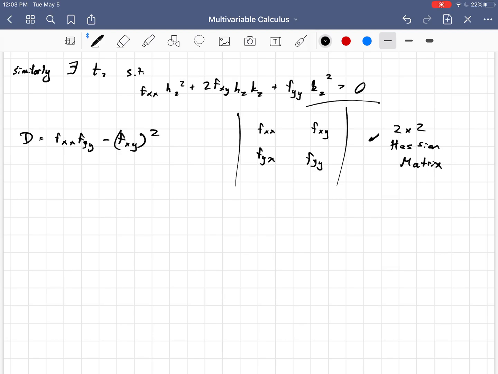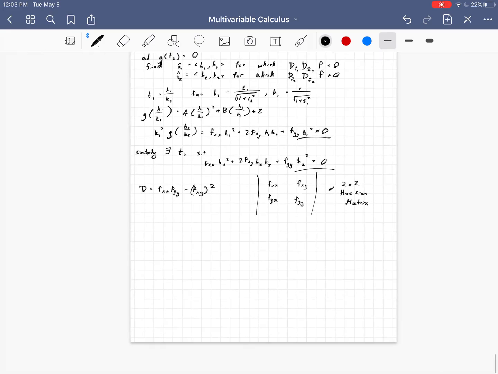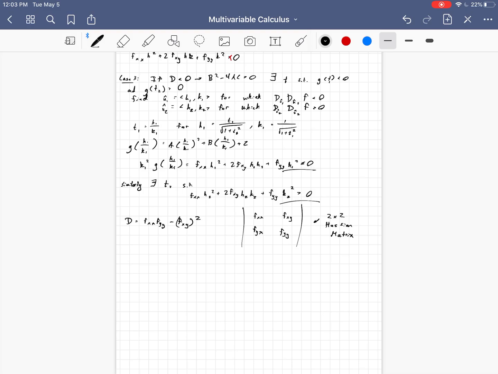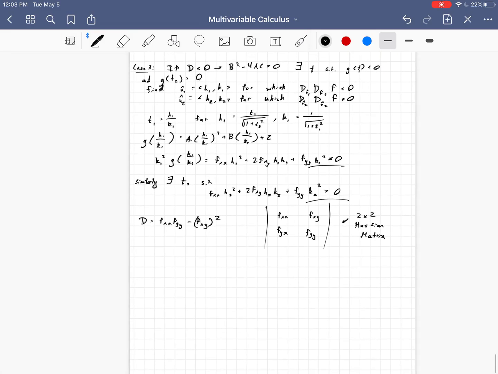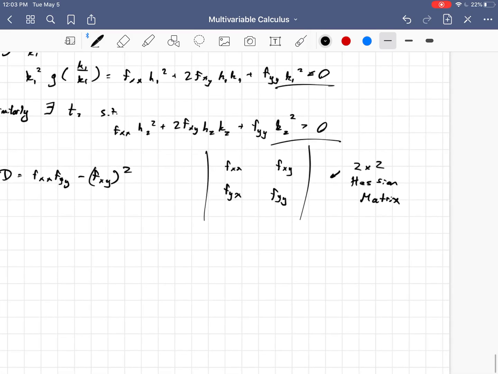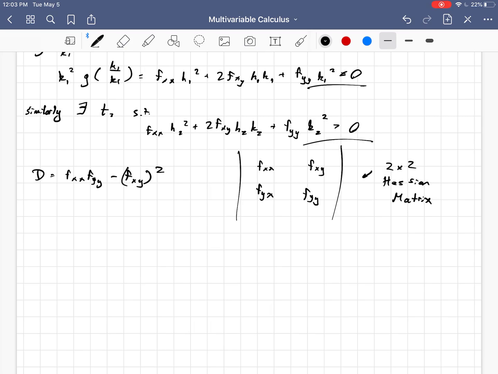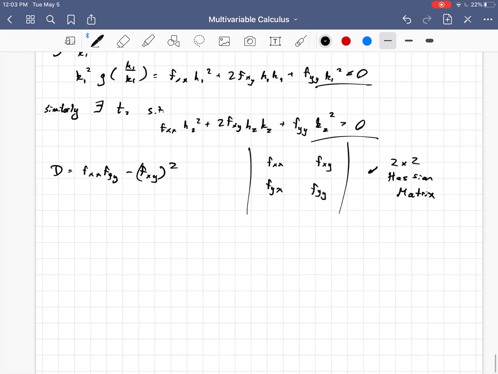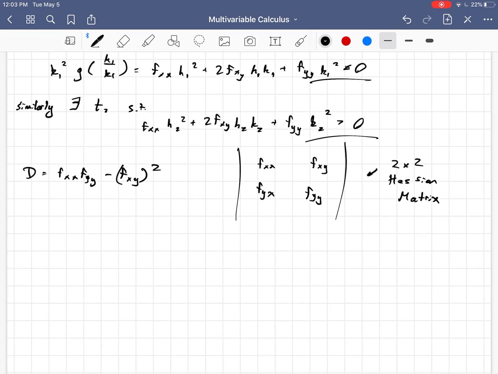Multivariable calculus is normally just concerned with generalizing this to just functions of two independent variables because the complexity kind of explodes after that. I hope this video has been good for you. I remember when I first learned it and I could not find a rigorous proof of the second derivative test. So I hope this proof has been very rigorous for you and that there has been no step where you have been lost and